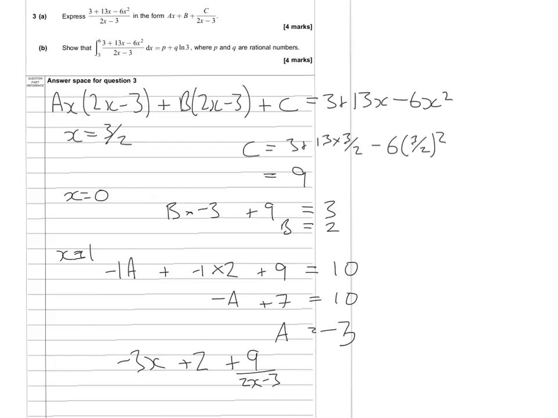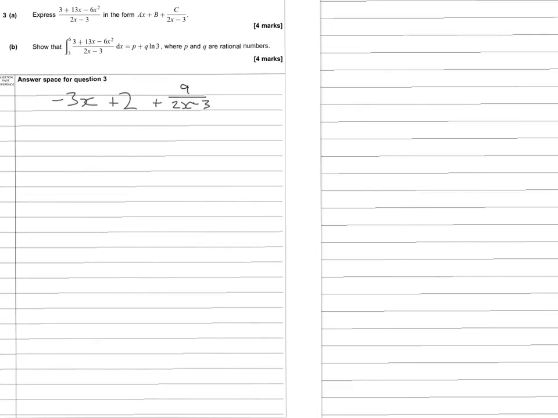Alright, part B. I'll do that on the next slide. Okay, so show that the integral from 3 to 6 of that function. You can see I've written down this form here, just so I don't forget it. So the integral from 3 to 6 of that dx, please do not make mistakes with your integration with a simple integration here. So negative 3x squared over 2 plus 2x